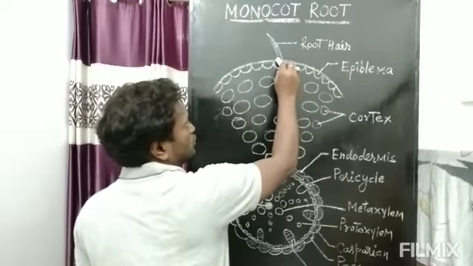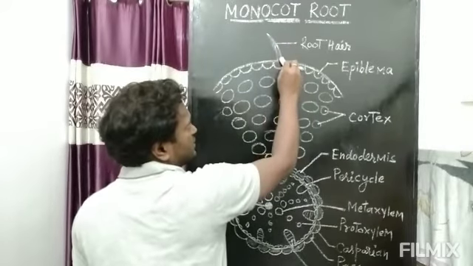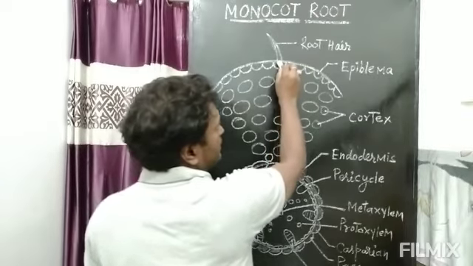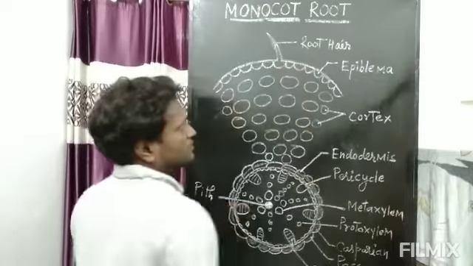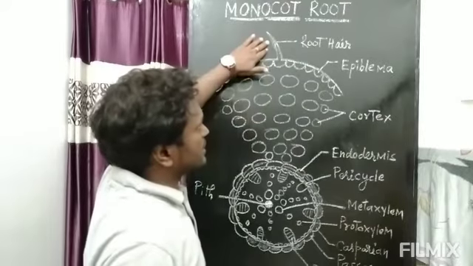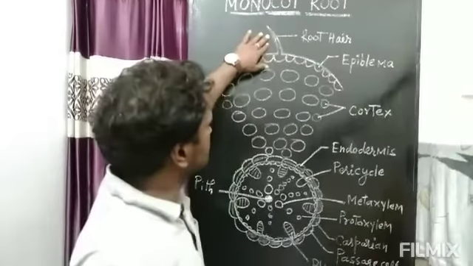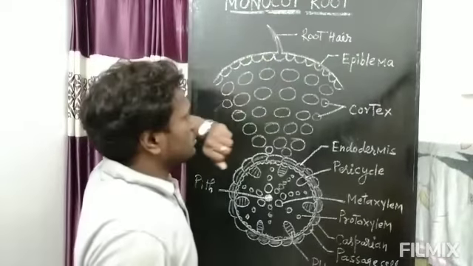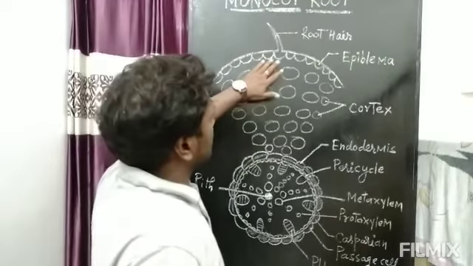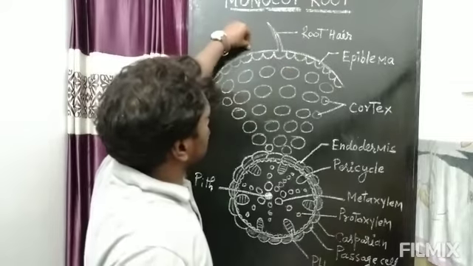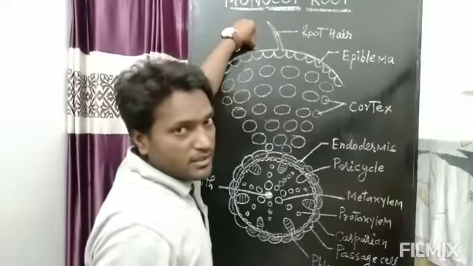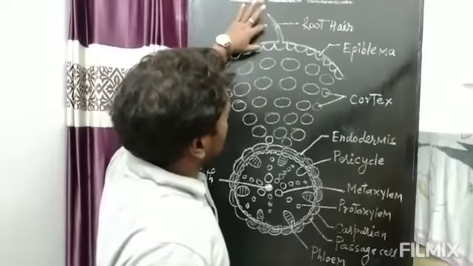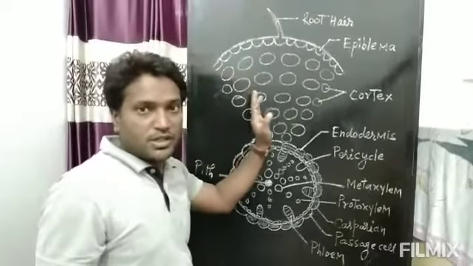Here also unicellular root hairs are present that are developed due to modification of epidermal cell in the zone of maturation region. Root hair helps in absorption of water and mineral. And similar to the dicot root, where I have discussed that cuticle and wax layer are absent in epiblema. Here the same reason, because root has to absorb water and mineral, that's why cuticle and wax are absent.